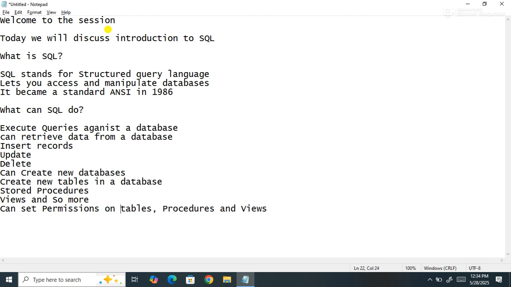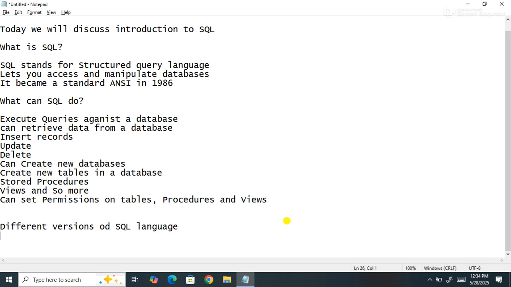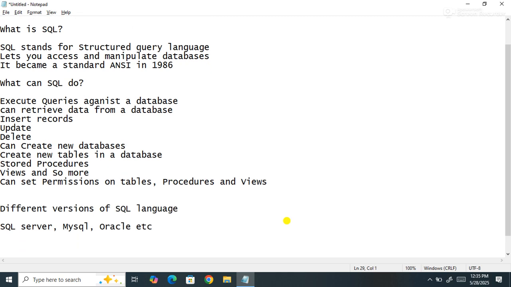Okay. SQL is standard, but although SQL is an ANSI standard, there are different versions of SQL language, like MySQL, SQL Server, Oracle, PostgreSQL, etc. But all will be compliant with the ANSI standard,